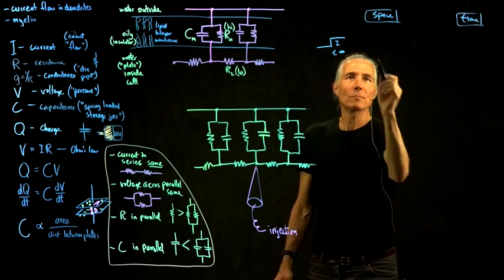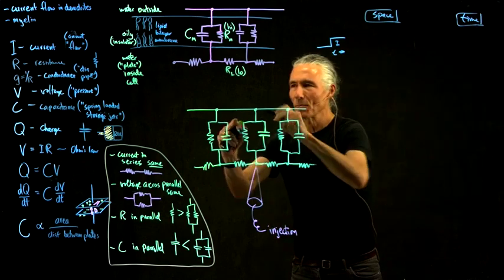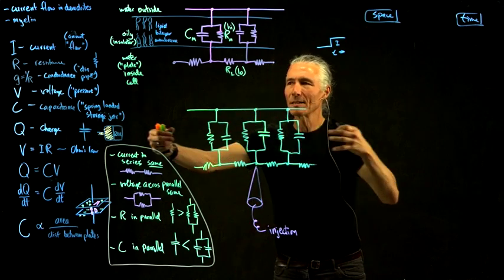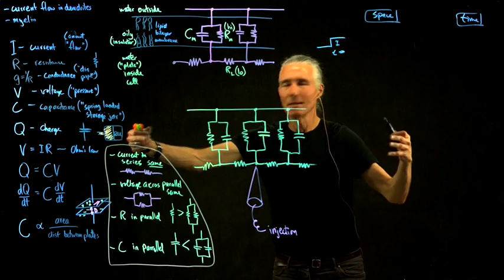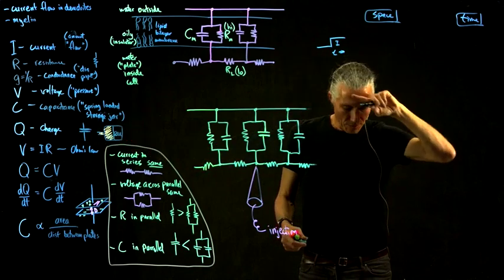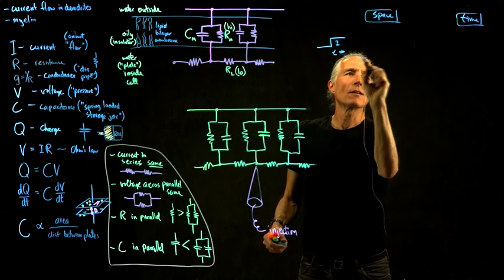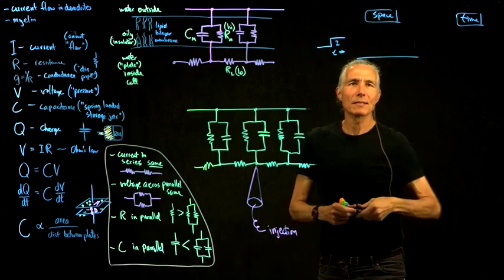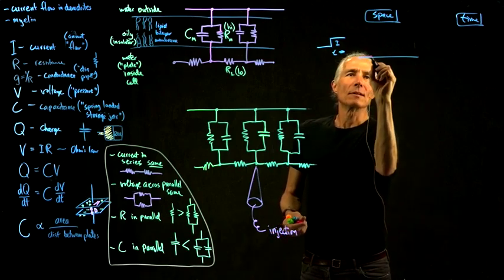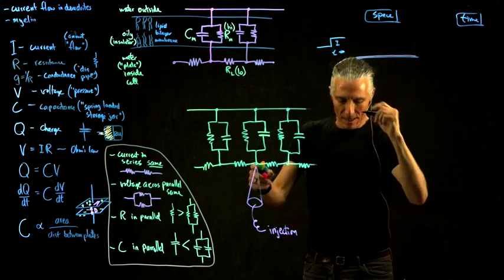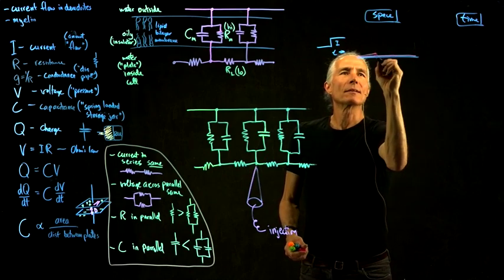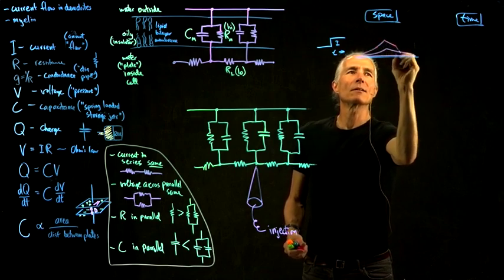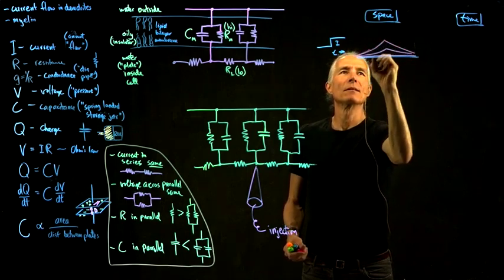So if you look at it across space, what's going to happen? What we're looking at is a whole bunch of these compartments, zillions of them. If you look at it across space, we start off at 0, and then we turn on the current, and then what will happen is, if we look at the current across space,